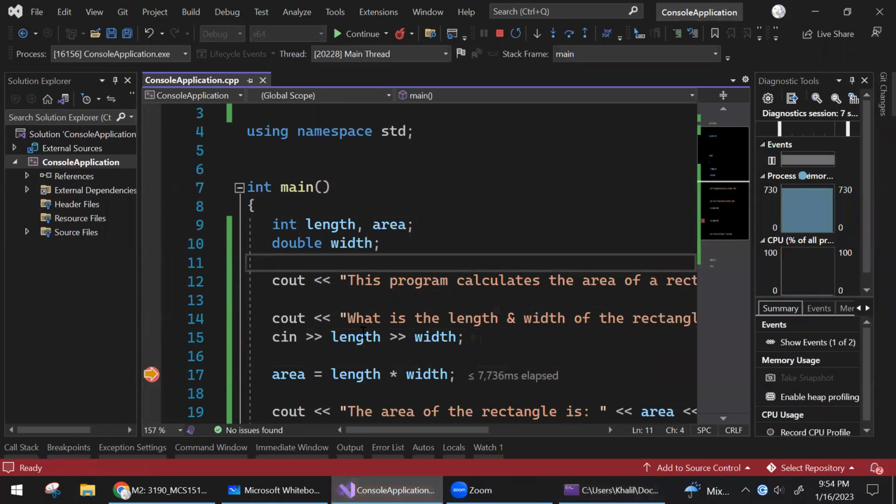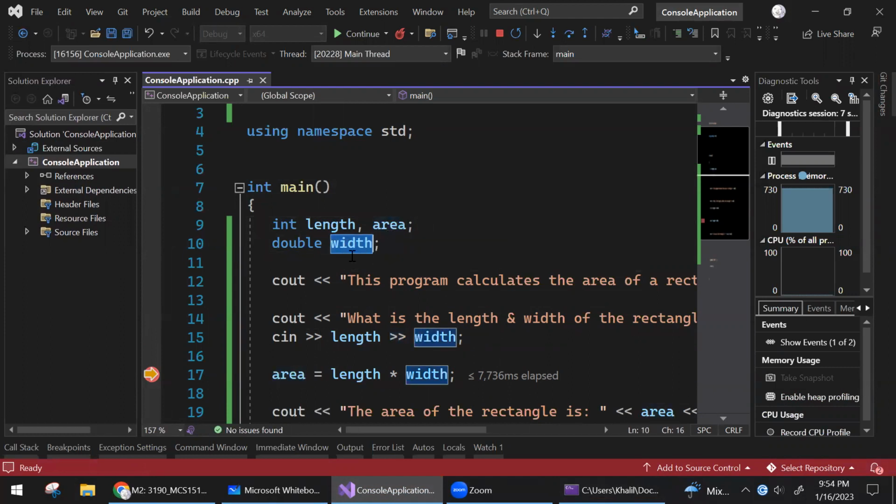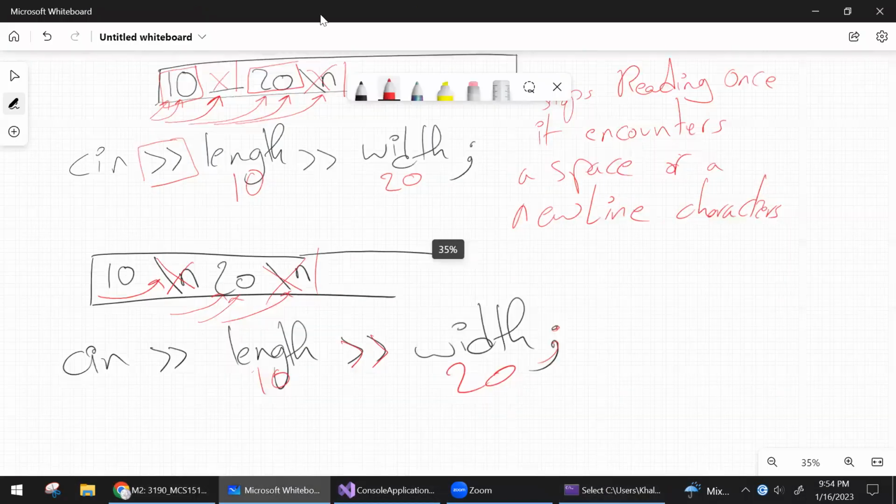Now notice the 10 goes to the length and then 20.3 goes to the width. So the cin object and this operator specifically, the fact that this variable is declared as a double, it allowed the dot and the 3. It didn't terminate reading at this character. So the buffer under the hood looked like